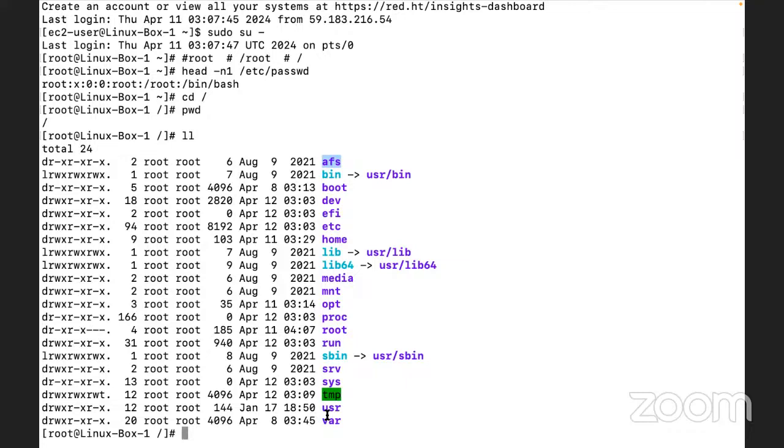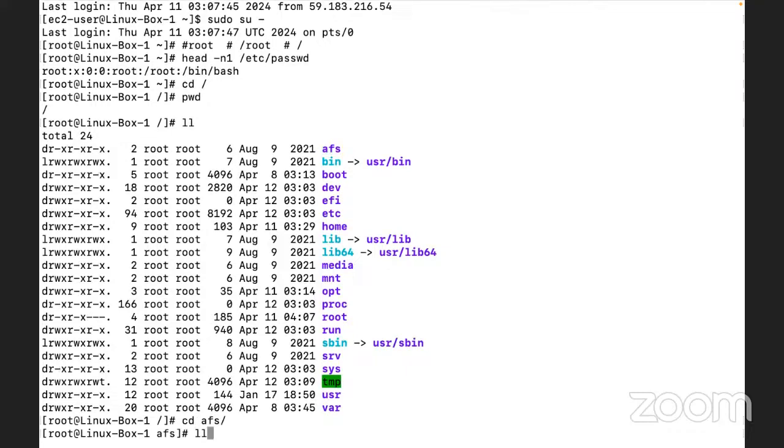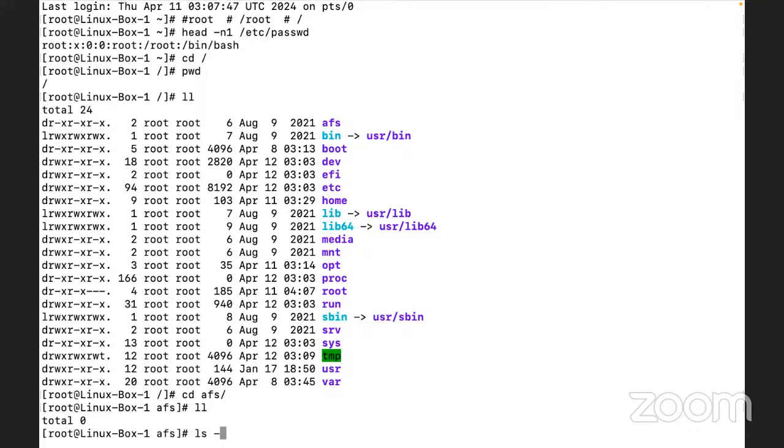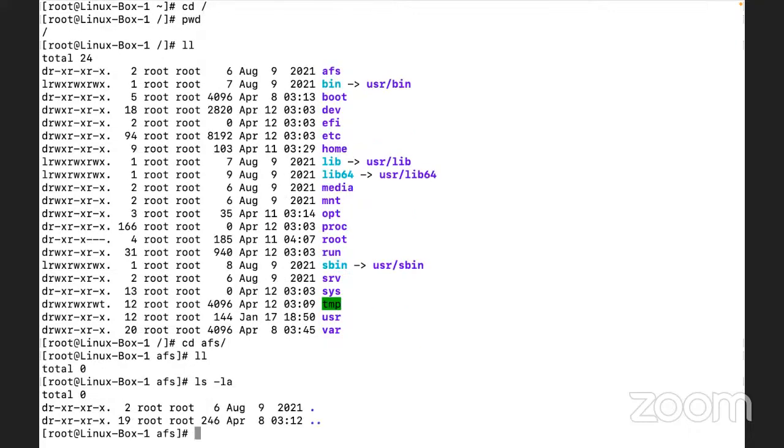Now, what do we do with these directories? First of all, let us try to understand what the use of each directory is. Otherwise, obviously, we shall not be able to identify any of these. So first of all, let us log into AFS. This is an empty directory. As and when you want, you can remove it because this is an unwanted directory created within this operating system.